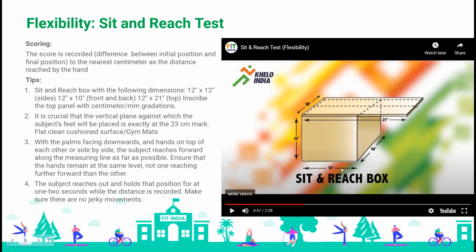The other thing which is important is the size, like we talked about. It is 12 inches like this, 12 inches at the top. The reason the height is 12 inches is because your feet have to be here. The width doesn't matter. It can be 10 inches or it can be 12. But this length is important. The top has to be 21 inches. That's a very important thing.